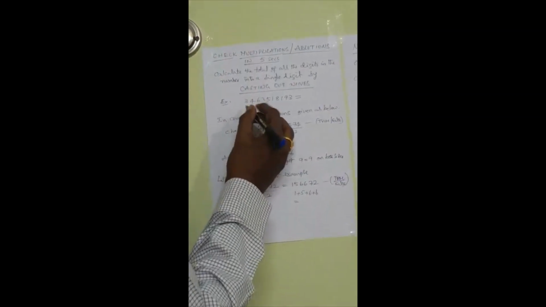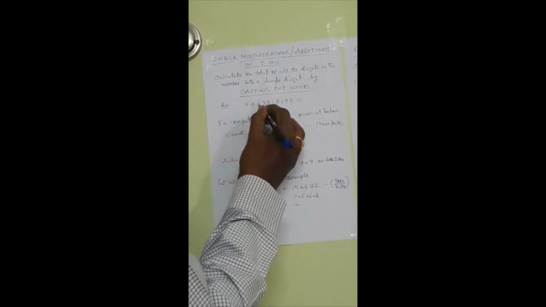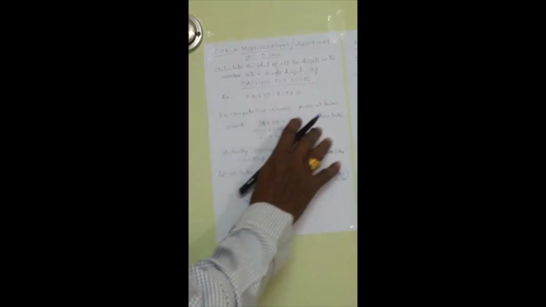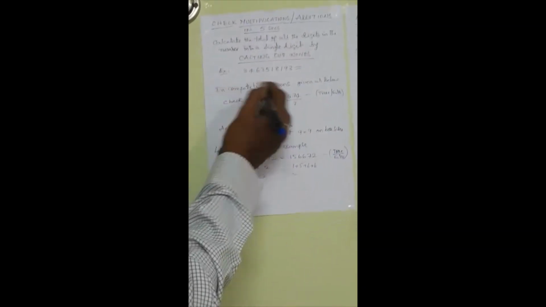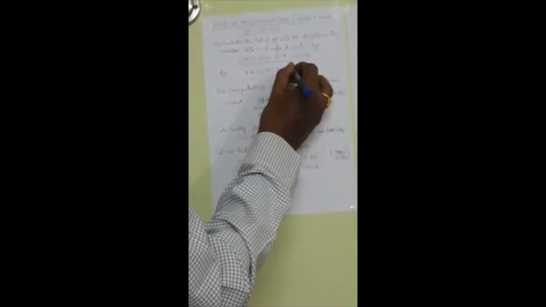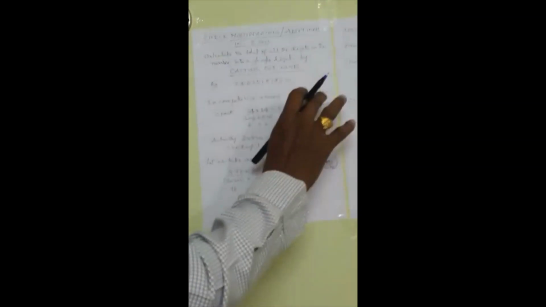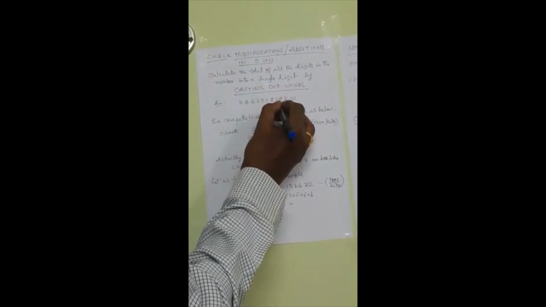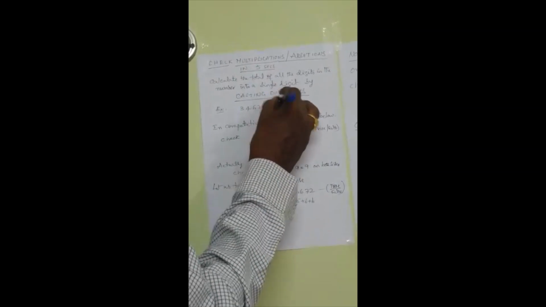So here there are the numbers 3, 4, 6, 3, 5, 1, 8, 1, 9, 3. You can cancel the 9s in this. There is one 9 here. Cancel it. Now, any 2 digits adding together to give 9 can also be cancelled. That is 8 and 1, which make 9. So you can cancel these two.